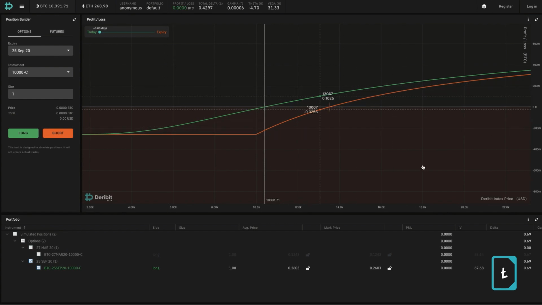Everything below is at a loss, up to 100% loss of your premium. So if you paid 0.26 BTC for the opportunity to buy Bitcoin and it doesn't ever hit 10K, then you're going to lose that whole premium, and then you can go buy your Bitcoin for whatever price you wanted to back here. A speculator, typically you buy a call, you want the price of the call to go up